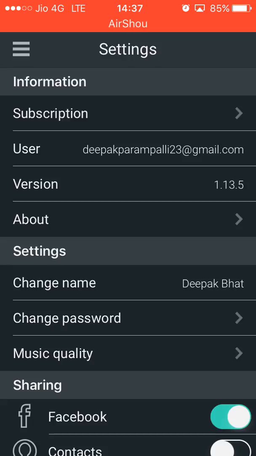For this app to work, your mobile and your personal computer or laptop should be connected to the same network if you are not upgraded to the pro version. But if you are upgraded to the pro version, then you can access it without connecting to the same home network. I think you get my point, right? If you didn't, please leave a comment and I will explain it to you in detail.